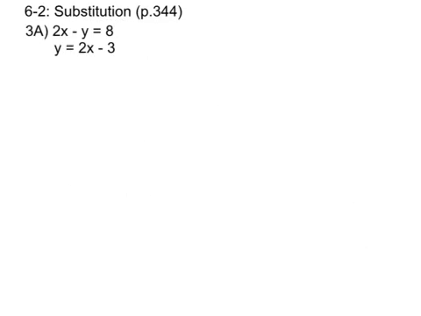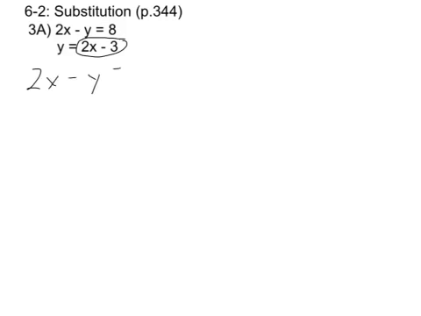So this is your other weird case. If you're following along from the last section, you probably know what's going to happen here already. But we've got 2x minus y equals 8 and y equals 2x minus 3. So they're nice to us here again because we know that y equals 2x minus 3. So I'm going to start just by substituting that. I'm going to rewrite my first equation, 2x minus y equals 8. And then I'm going to substitute for y. 2x minus